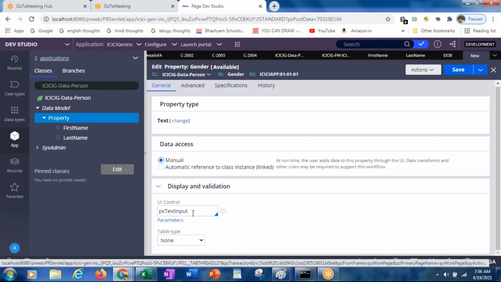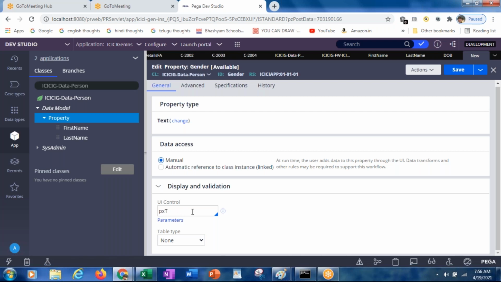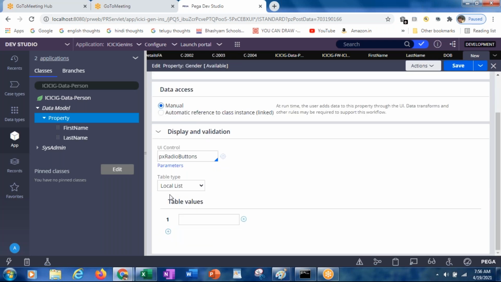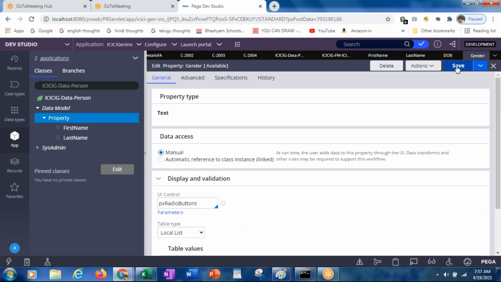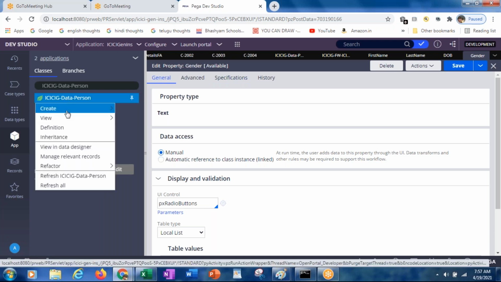Radio button. Now you have four properties here: first name, last name, date of birth, and gender.